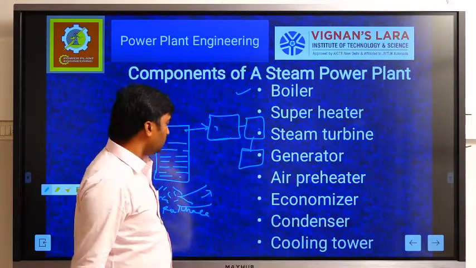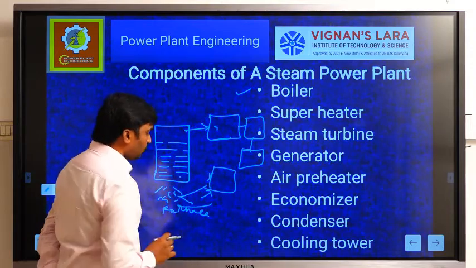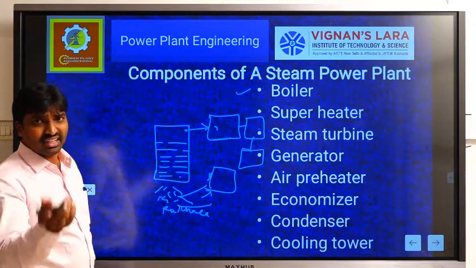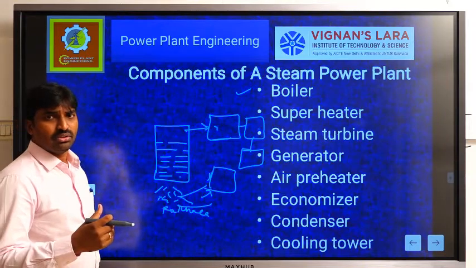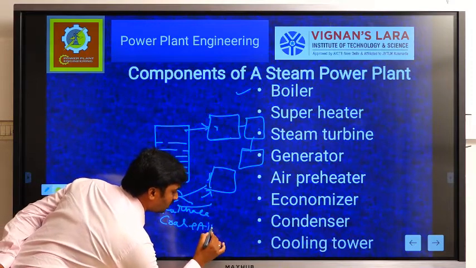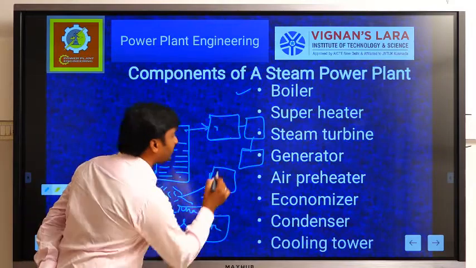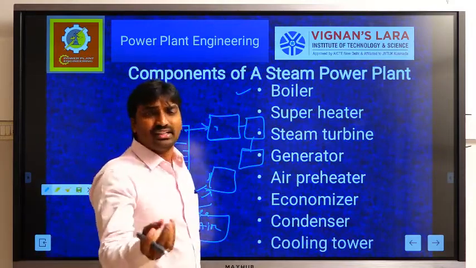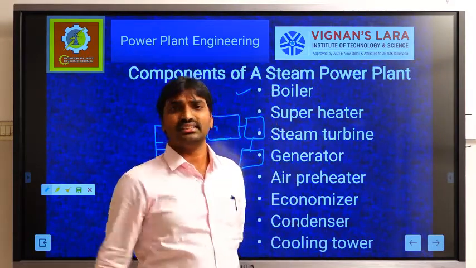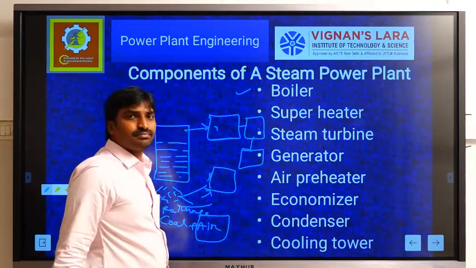So how can we utilize it? Simply, we use air preheaters. For the combustion process, air is an important parameter, and we take air from the atmosphere. Here we are using coal plus air. That air can be heated by the exhaust gases, which raises its temperature. When the temperature of the air increases, the combustion efficiency increases. That is the main phenomenon, and that is why we use the air preheater as a device.